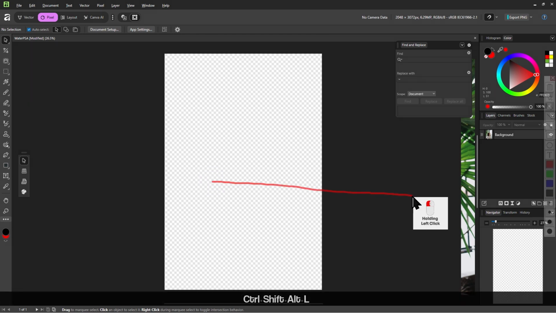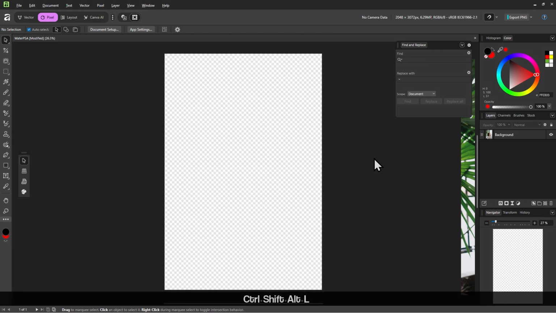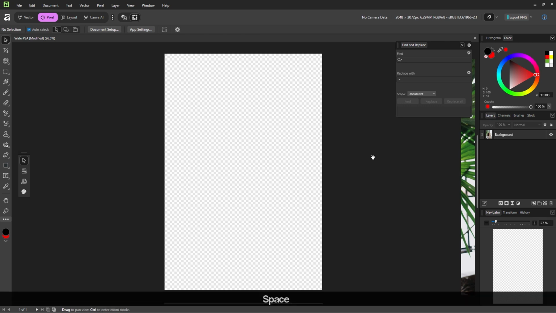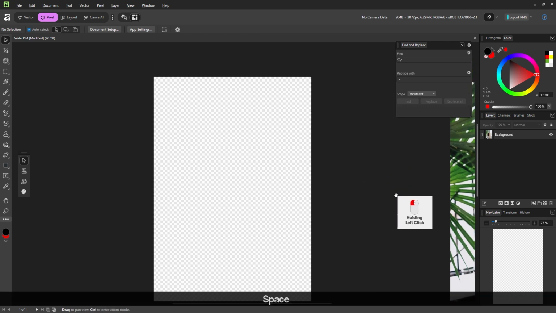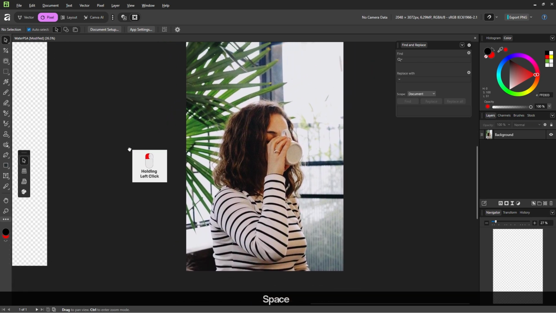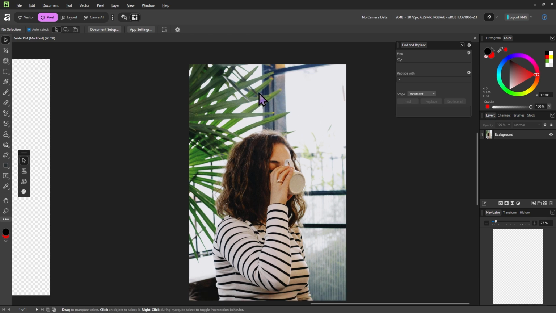But our image is all the way there. How do we even move there? Well, if you hold the spacebar button and then drag around using left click, you can move around the canvas. You can move around this space where your canvas is and find any objects that went out of your canvas.